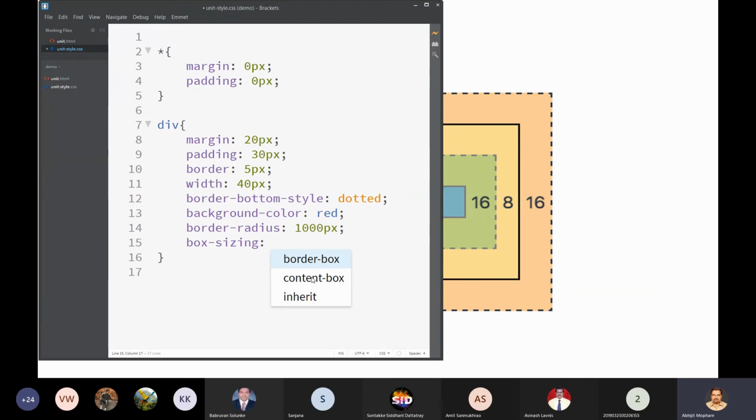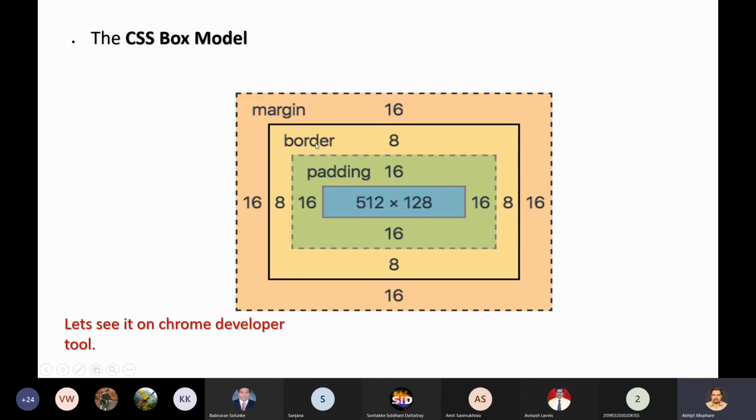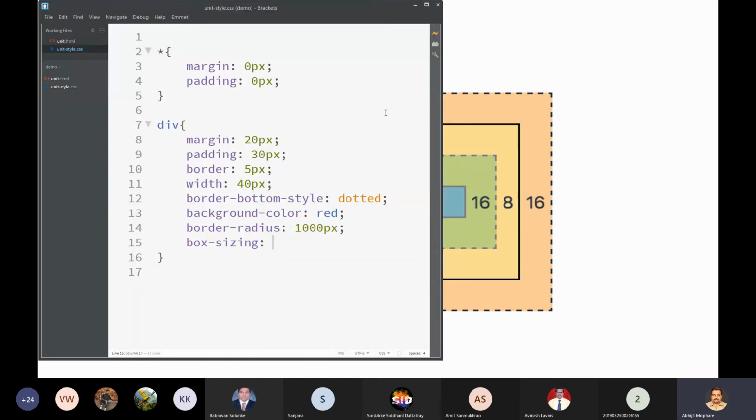When it is content box, whenever you specify height and width, then width and height also includes the padding, border, and margin. So sometimes it becomes very difficult if you work with content box.